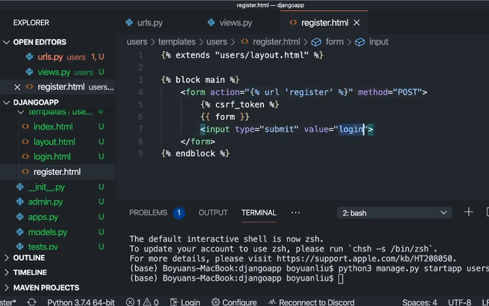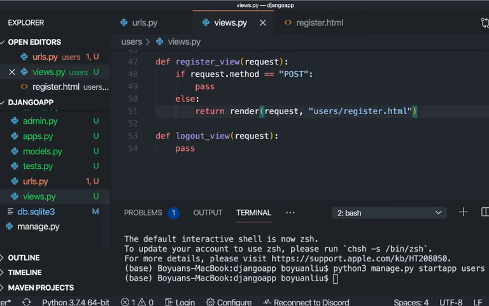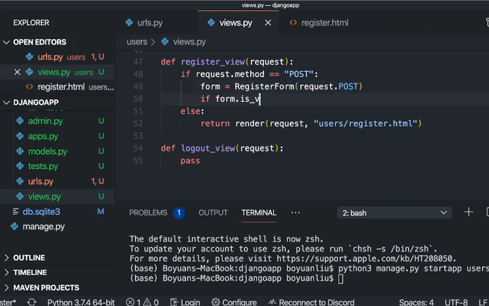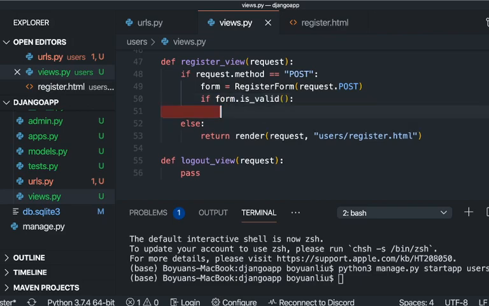All right, looks great. Now the last thing we will do, not the last thing, now let's go back and implement what happens when it's POST. So what we can do is check whether the form is valid or not. Let's go and create a new form, let's call this register form, with request.POST. Then if form.is_valid, I'm going to pass for now. Otherwise, just return